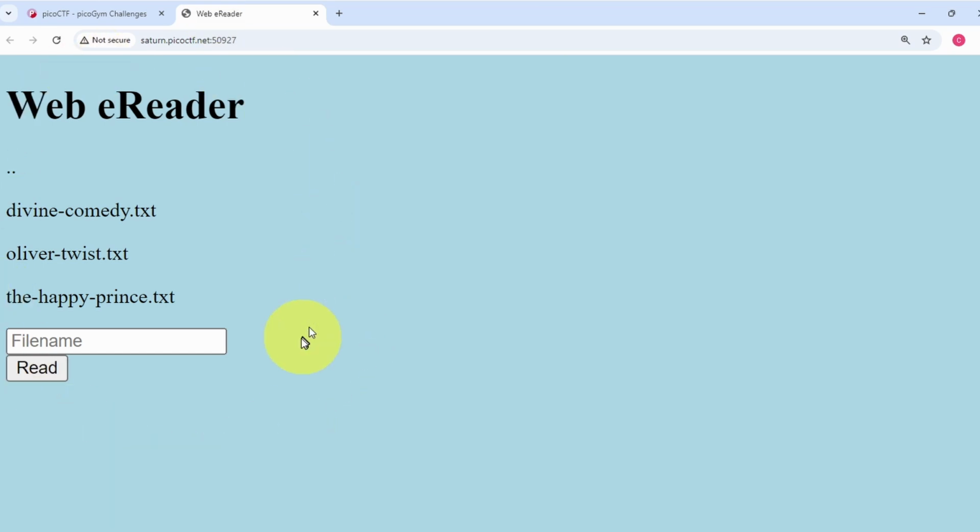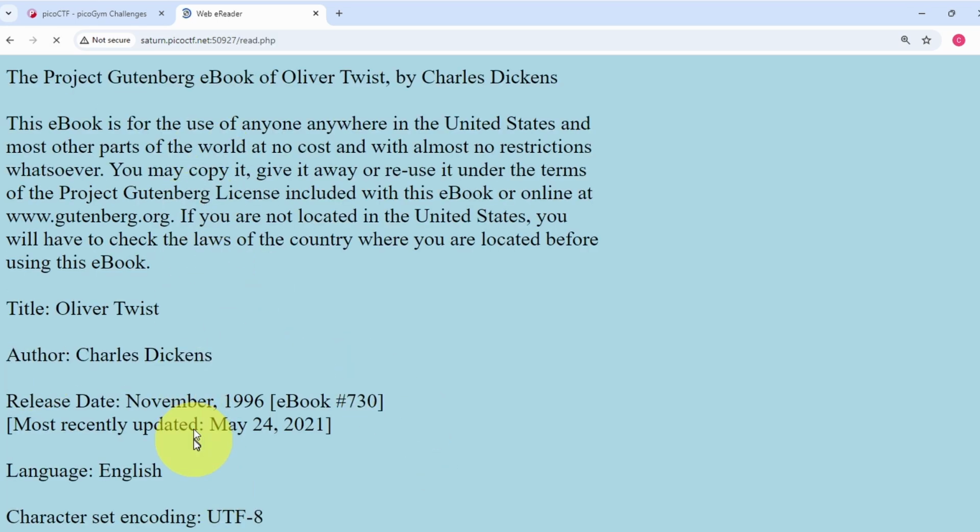and here at the website we see that it's a web e-reader. It has 3 files, 1, 2, 3, and we can read these files by entering the file name. So for instance, if we did olivertwist.txt, it's going to read this file on the file system. So we're going to go back,